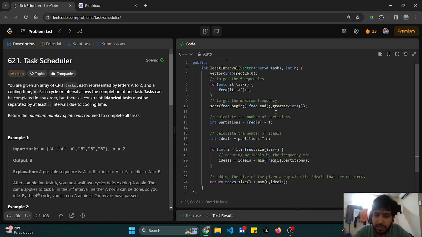So if I just try to summarize, I just wrote the code with you, and I just wrote all the comments also. So this is what we are doing. First we are trying to get the frequencies, then we'll try to get the maximum frequency, then I'll try to get the number of partitions, because the number of partitions into n would give me the number of idles. I'll consider that every step, every empty index is my idle,